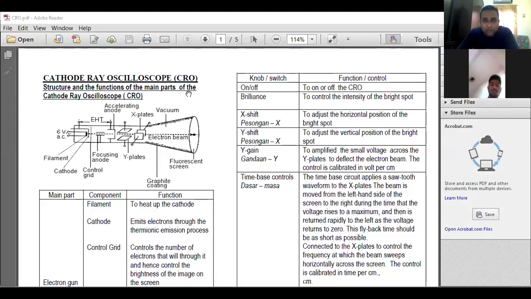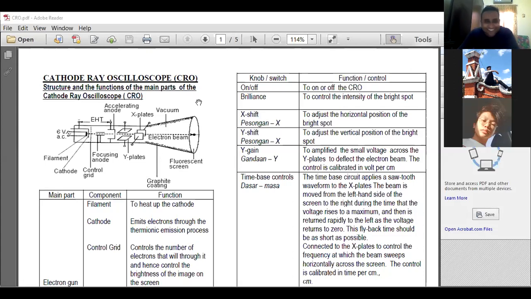Okay, so today we look at Cathode Ray Oscilloscope. Okay, singkatan dia CRO. Memang bukan GRO, CRO. Cathode Ray Oscilloscope. Tahu? Bukan GRO, CRO. Jauh. Okay, now, so cathode ray oscilloscope ni kalau is used in the lab to measure voltage, to measure frequency